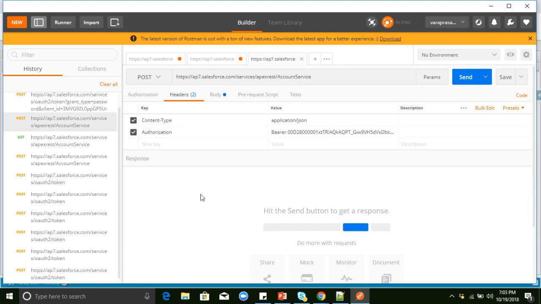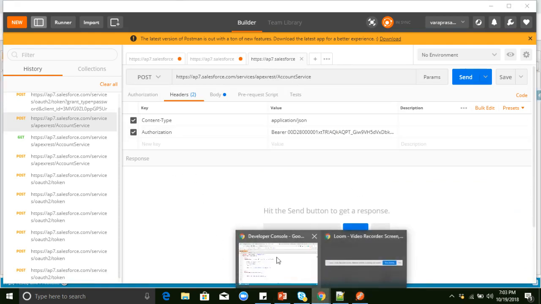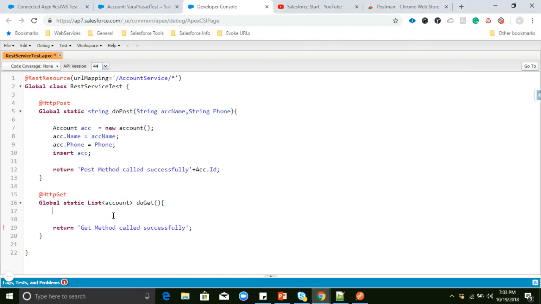Now I will write another sample get method here, list of accounts, do get. For example, we'll pass some account id and get data from Salesforce.